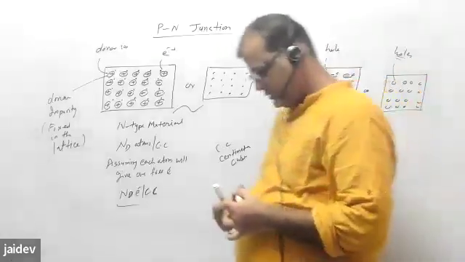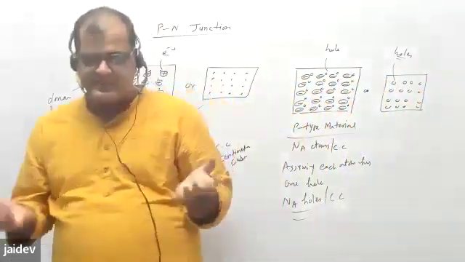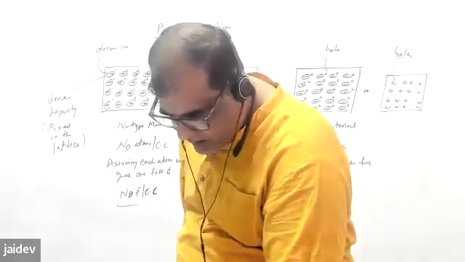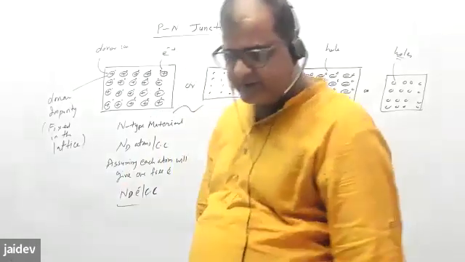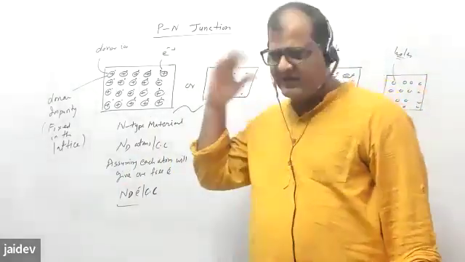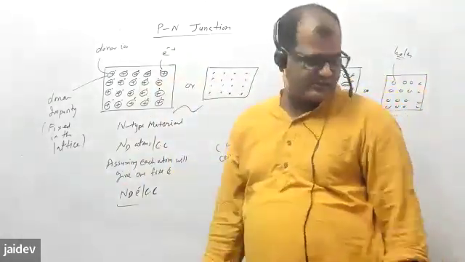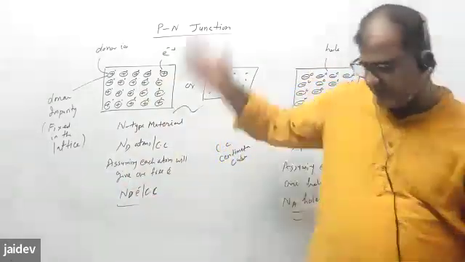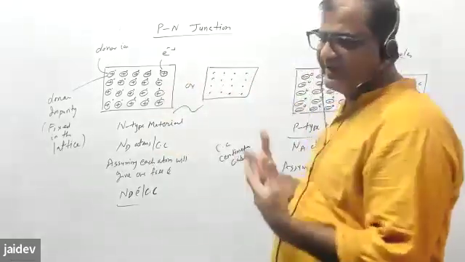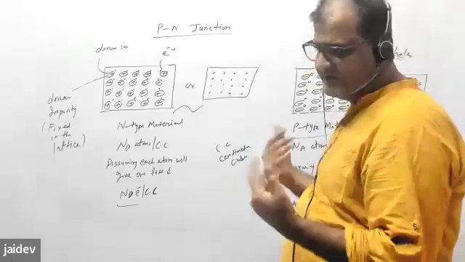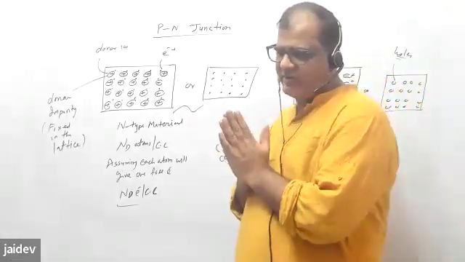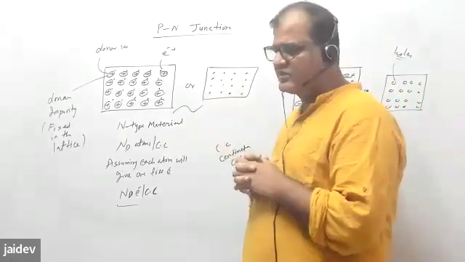Now I want to make a junction with these sections. Let me check whether we have time, or tomorrow I will discuss. Let us stop here, because if we go on now it will take time, as I want to do some derivation also. Although you will do that in the solved part, just for completeness I will do some small derivations. When you bring this n-type and p-type material together, what happens? What kind of processes happen? We will discuss that, and tomorrow we will see how the junction is formed and the IV characteristics of the junction,